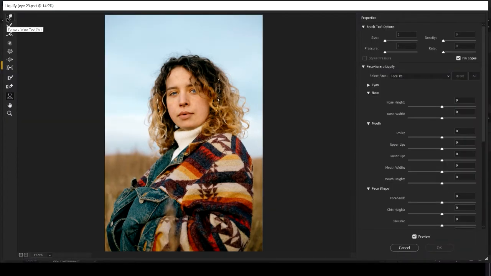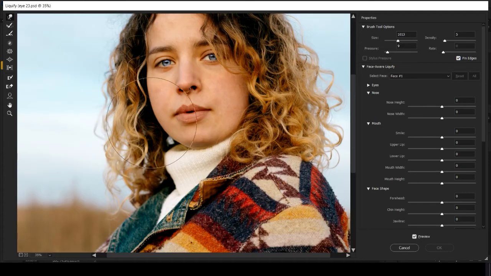Now from there we will select the forward warp tool, the first tool here. We will decrease the size, keep the pressure low, density also low, keep it on 5, and just click on pin edges. This will keep the edges fixed and will slowly nudge in the face. See?